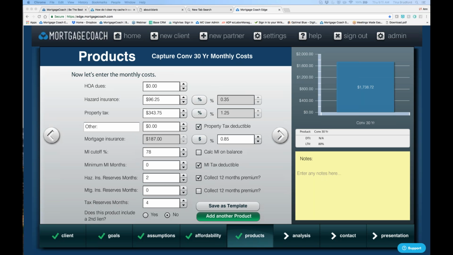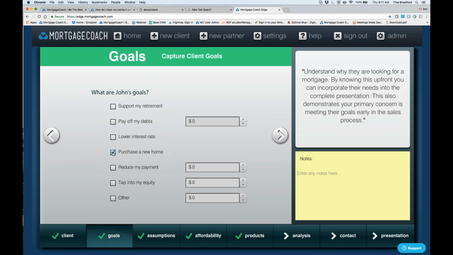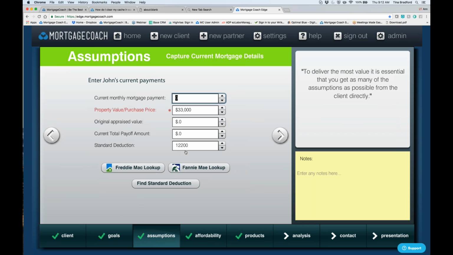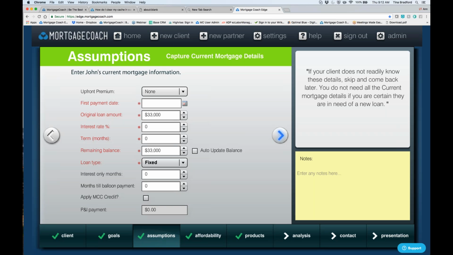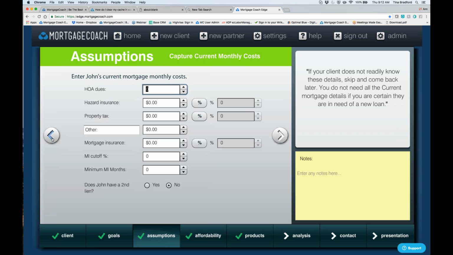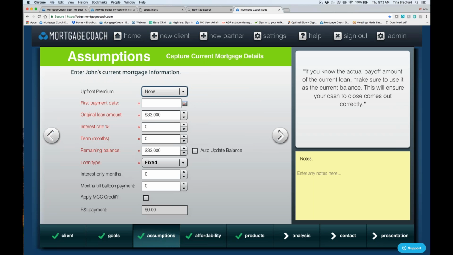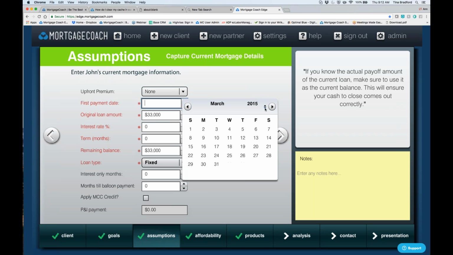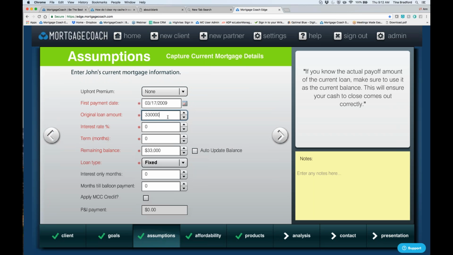We'll go now into a refinance. A refinance is going to be a little different. So let me go ahead and go back to the beginning. We'll go into the goal and we're going to do it like it's a refinance. So we'll be going through, we still have this new standard deduction here. But when it comes to, and I'm just going to put in some fake numbers in here. So bear with me while I type in a few numbers.